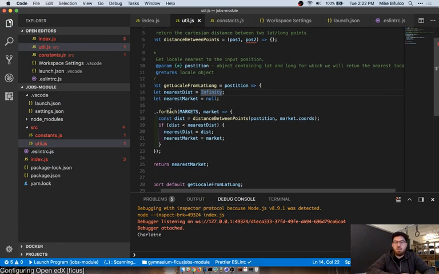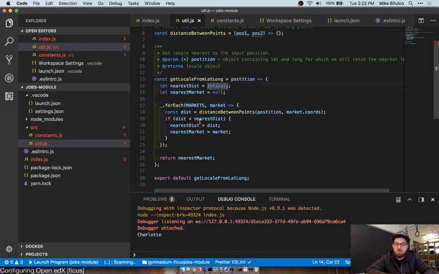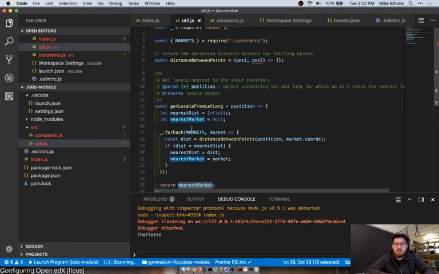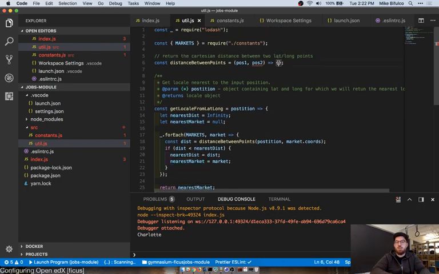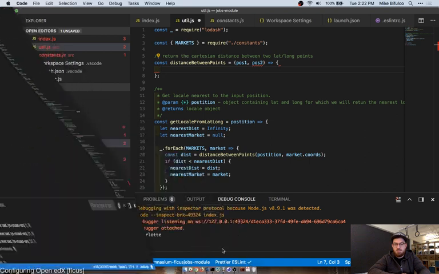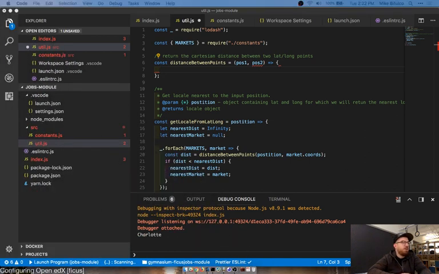So what we're doing here is we're looping through each of the markets input to find the one that is the nearest by distance, and then returning that at the end of this function. So now we need to write the function that actually calculates the Cartesian distance between the two, which I've already written on Gymnasium. I'm just going to grab that and we will adjust the code accordingly.